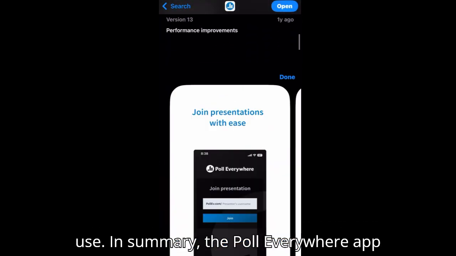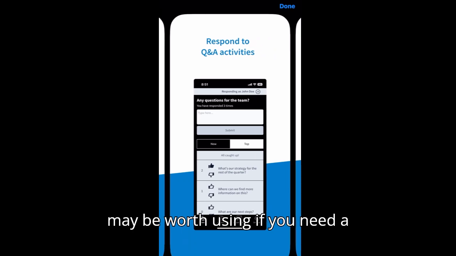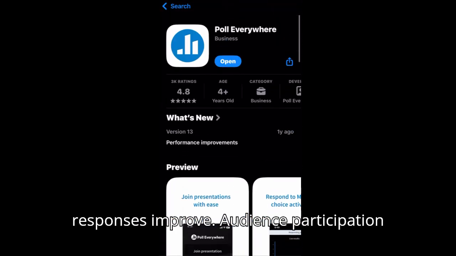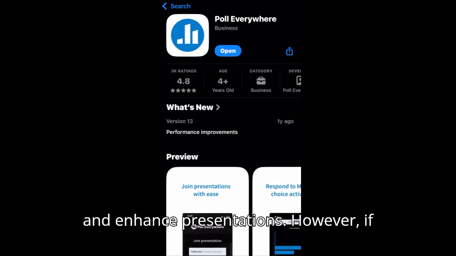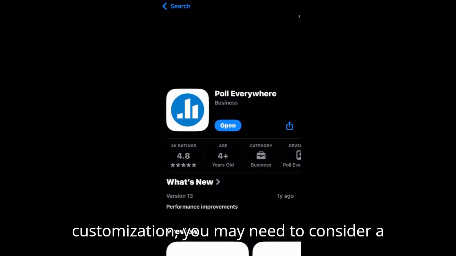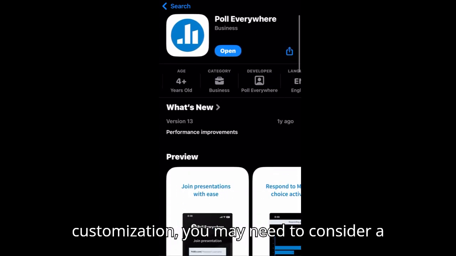In summary, the Poll Everywhere app may be worth using if you need a reliable, engaging tool to gather live responses, improve audience participation, and enhance presentations. However, if you need advanced analytics, large audience support, or extensive customization, you may need to consider a paid plan